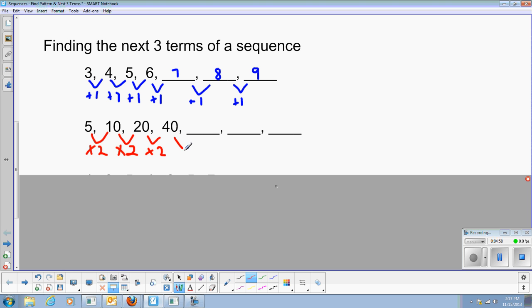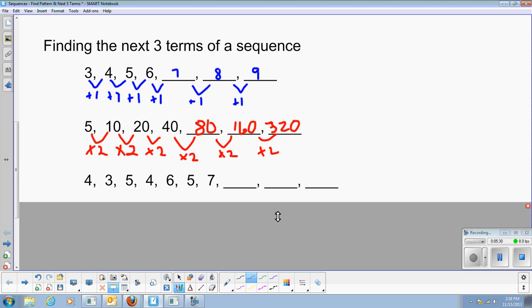So now I have a multiplication pattern. 40 times 2, that's 80. And 80 times 2 is 160. And 160 times 2, that is 320. Sorry about the bad 3. That's a really bad one. All right. So 320. So we can have an addition type pattern, we can have a multiplication type pattern, and